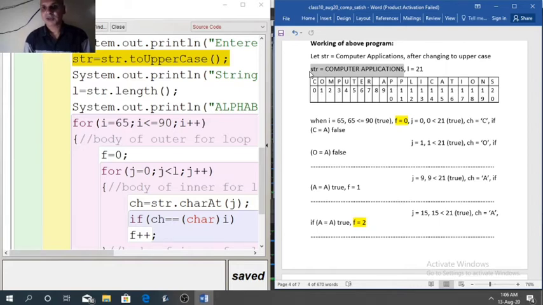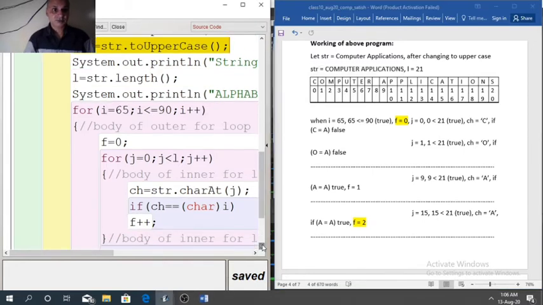Now the index of the characters in computer applications I have shown in the table. First character C has index 0 and the last character S has index 20. So 0 to 20, that is why total 21 characters are present. Now the logic starts from the loop, outer loop.